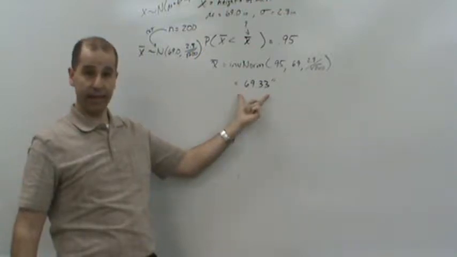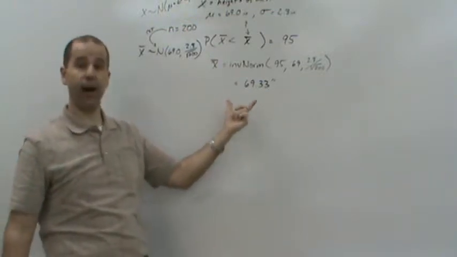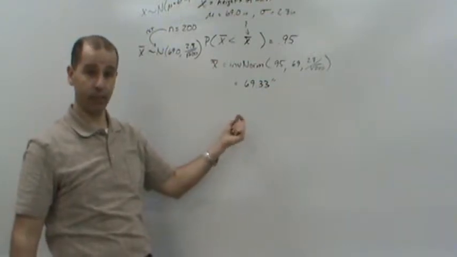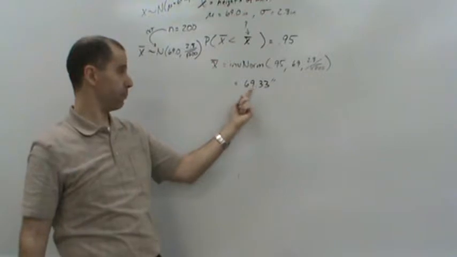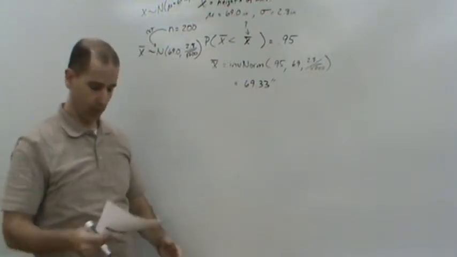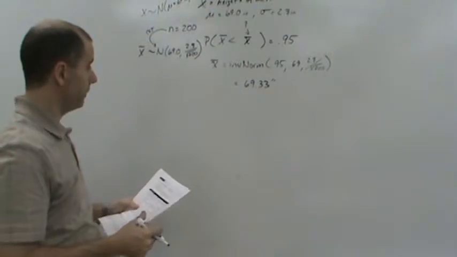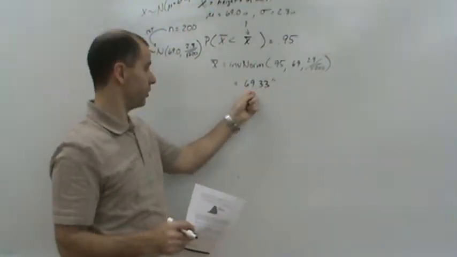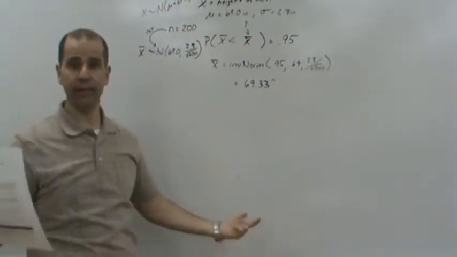and calculated the sample mean for all of those samples, we would find that 95% of those samples would have an average height for men that would be at most 69.3 inches. Okay? And that's it. So now, that would need to be the average height of the door, right? So the average height of the door would need to be about 70 inches.